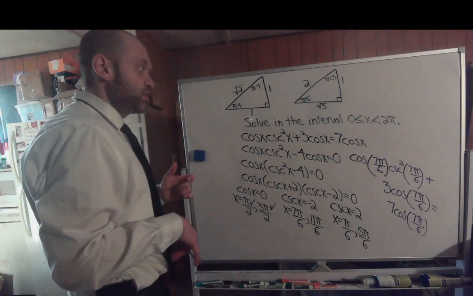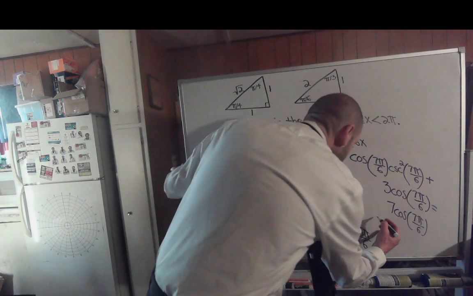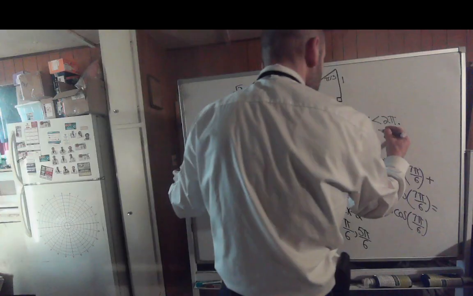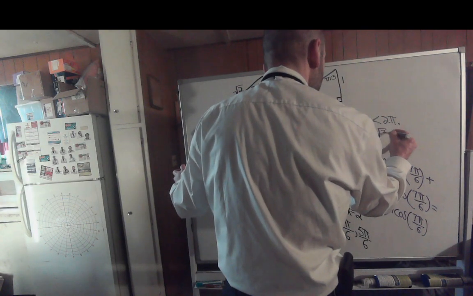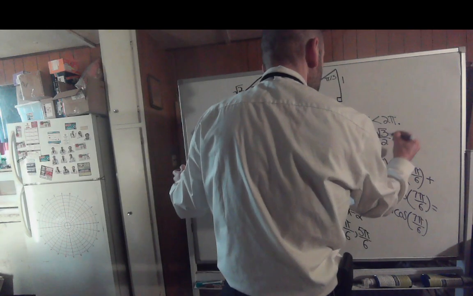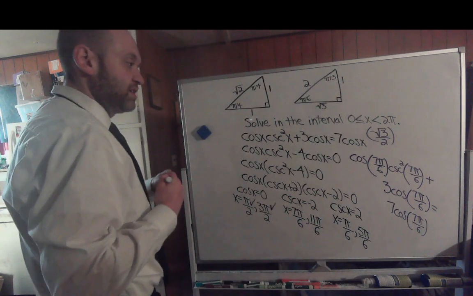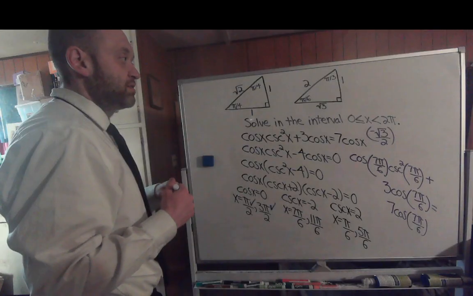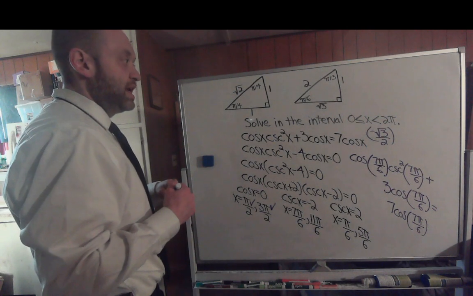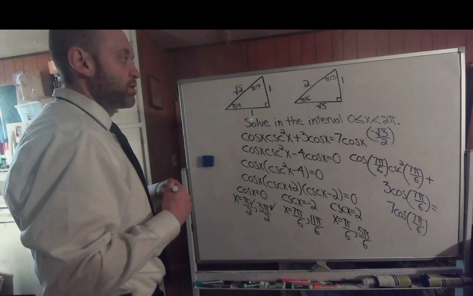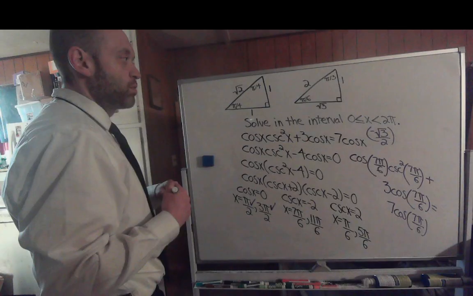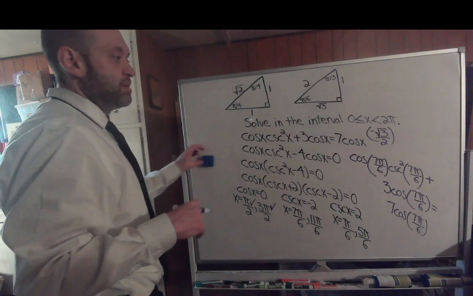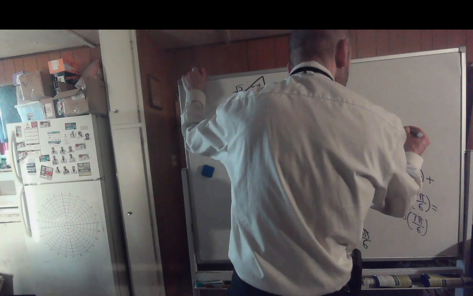So it's the third quadrant, it's negative. That's going to end up being, hold on, I'm going to write this better in a second. So that would give you negative of the square root of 3 over 2. Now, what is the cosecant of 7 pi over 6? This is in the third quadrant, so this is also going to be negative. That'd be negative 2 over 1. So you'd end up getting negative 2 squared